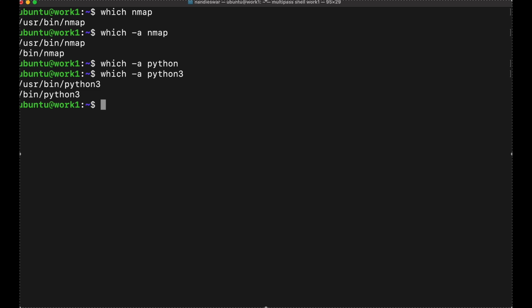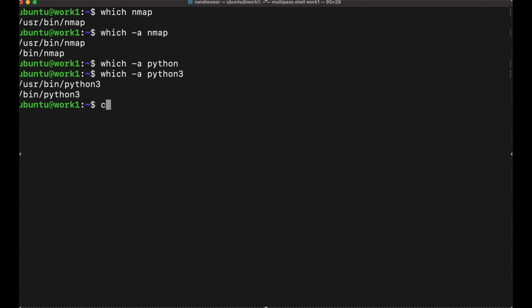The which command is for path verification, to verify the path of specific commands, and it is useful for debugging and troubleshooting when the command doesn't behave as expected due to multiple versions of installations. It gives quick confirmation of the exact path in the environment variables. And then we have sudo, which allows you to execute commands as the superuser, like root, or another user,